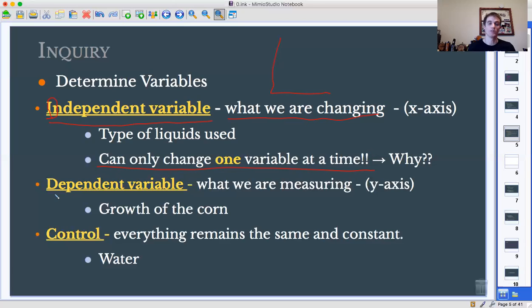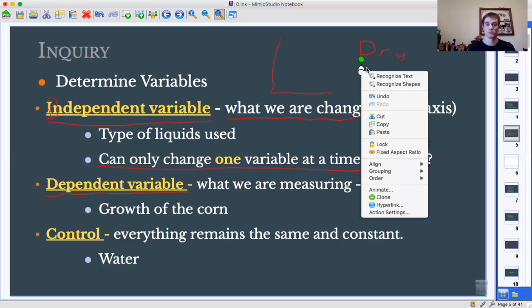The second thing, the way you tell if your independent variable is working or not, is you have what's called a dependent variable. So this dependent variable is what you measure. So in this case, we're measuring the corn to see if the water and the fertilizer help it grow. Your dependent variable goes on the y-axis. And so to help you remember this, if you can remember 2 little words, and the 2 words are DRY MIX,